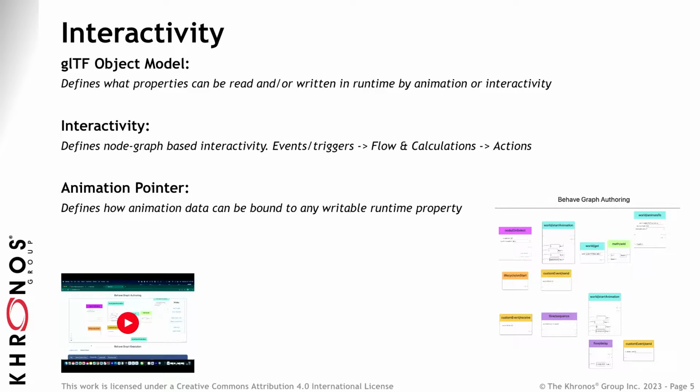There are 3 main pillars here. We introduced the glTF object model. Literally, you can address any property of the glTF at the URI level. We have a specific extension for this. We call this animation pointer. It's literally like a pointer. You can read and write properties. We define a node graph-based flow graph. You may think of this as event triggers, then flow and calculation, etc., etc. You can create really complex